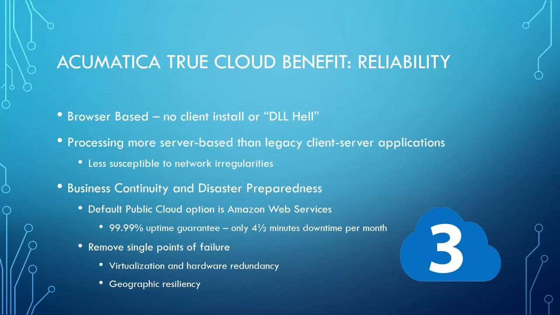And it's hard, okay? And if 4.5 minutes a month sounds crazy, Amazon has an option to do 5 nines. You're now down less than 30 seconds per month. Now that costs a little bit more, but how are they able to get such incredible uptime on this stuff? They're doing virtualization, they're doing hardware redundancy that is flat out complicated and expensive to do. But they're able to do it because they're on such a massive scale. And along with that, we get this geographic resiliency so that if a storm hits or there's a fire, you're able to just transfer the data.